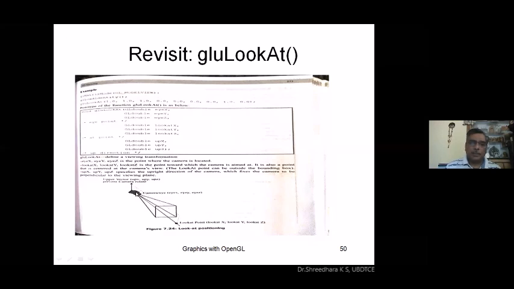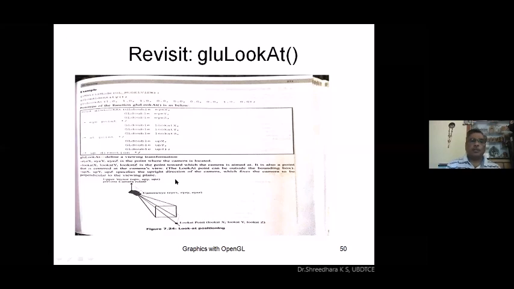This is the look at position. You are observing from the camera position eyeX, eyeY, eyeZ. Similarly, here is the up position, upX, upY, upZ. So totally there are 9 parameters. We are revisiting designing the cube and making use of these, changing these values to look at the view of the cube from different directions.